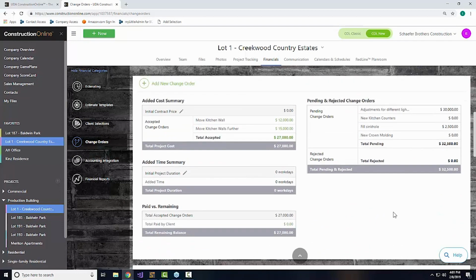So they can see, here's where we started. I've approved 5 change orders for a total of, however much money, and really see what that's doing in terms of the contract price and schedule for their project. So they have a beautiful summary available to them as well. Absolutely. And a lot of this information can be made available to them through the portal. The information and the detail can be made available to them through the financial reports as well. I think both work very well in tandem in this case to provide the customer a great overall